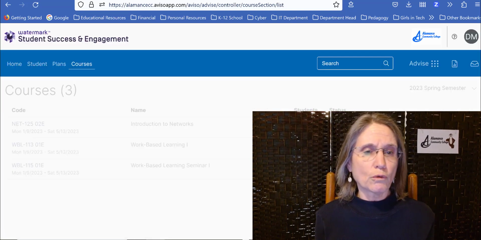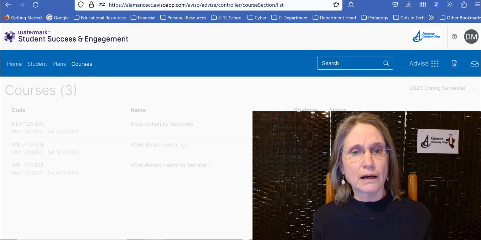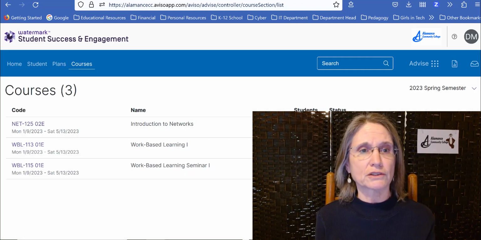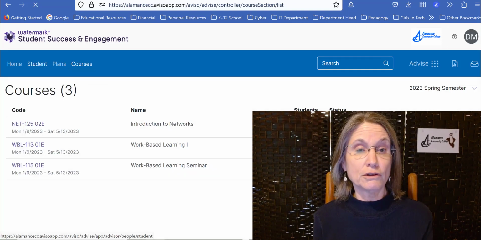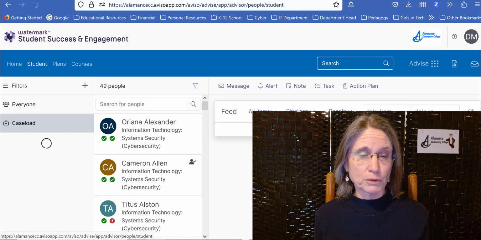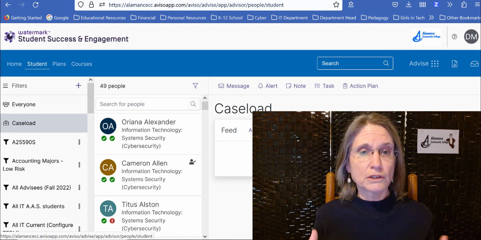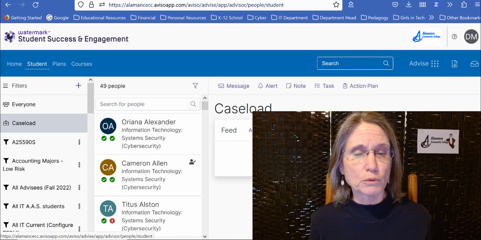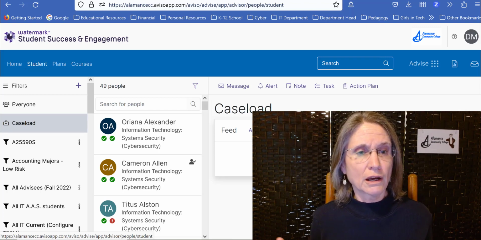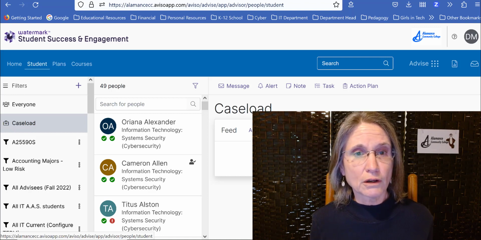And we even have discussed previously the use of templates and filters to send targeted groups of students some important